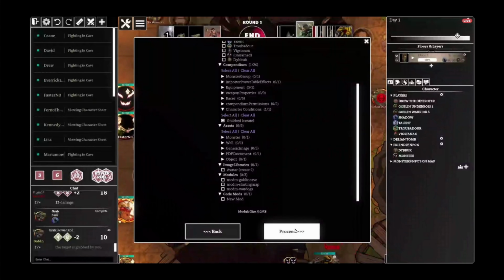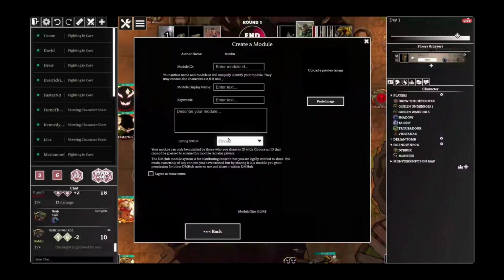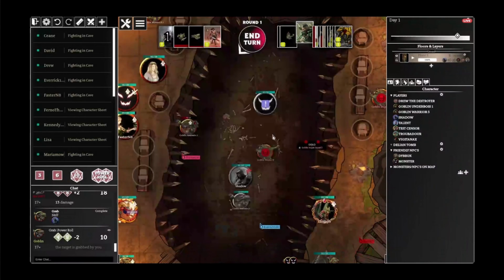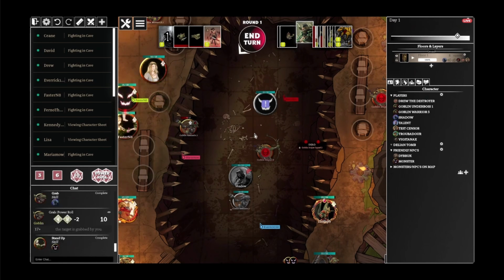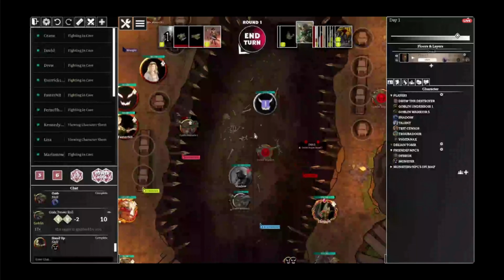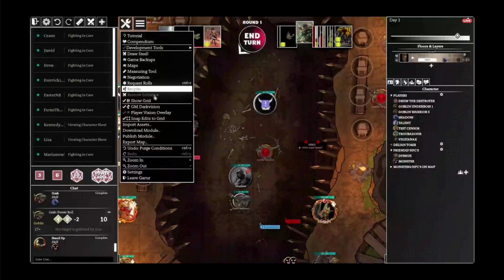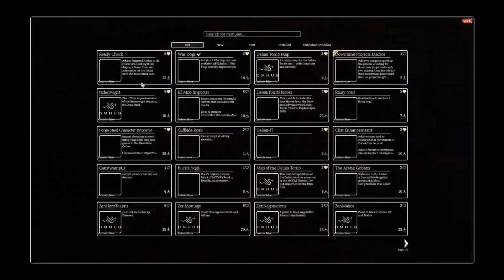And then I would just proceed and fill in a few fields, and then you can share your module publicly or privately. Using a module is the easy way to share things between games. You can use a module to share something from one of your games to another game. You can share it with your friends, or you can also publish it so everybody can